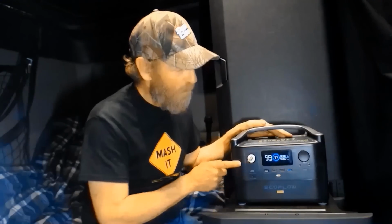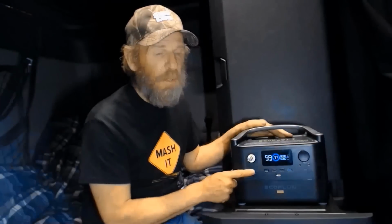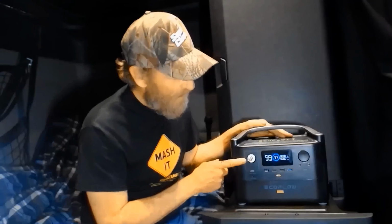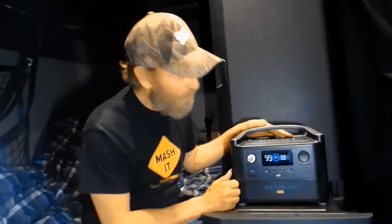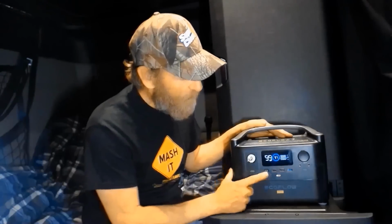Alright, so let's go over some stuff. First, you have your light. Anybody could use lights. I didn't want to blind you too long. But this is a bright light. And this will provide light in your tent, or if you lost your fishing bowl, you know, or if you're doing night fishing. You also have 4